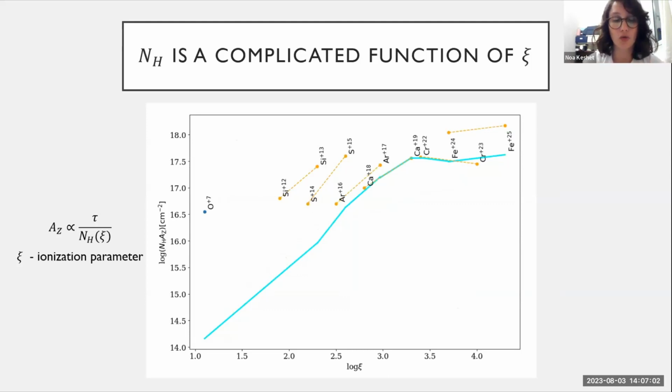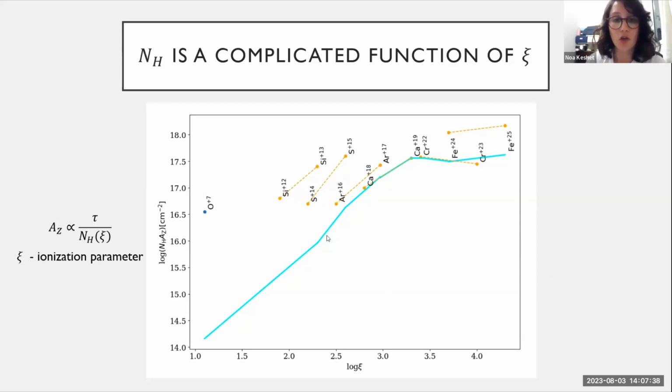Finally, I cannot go to abundances just yet, because I need to remember that the abundance is proportional to tau divided by the hydrogen column density. So I need to ask myself, what is the behavior of the hydrogen column density in this outflow? First of all, of course, I cannot measure hydrogen directly in X-ray. So necessarily, whatever measurements I perform, it must be relative to one of the ions. That cannot be avoided. But we think that not only is NH a function of Xi, but it's also a